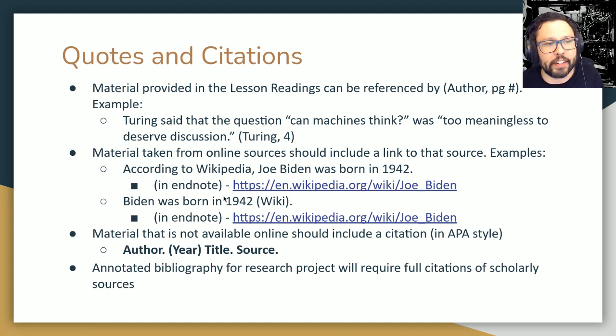So this kind of thing should work for any website or article that you read or find. If necessary, you can give a more elaborate citation in your endnotes, but as long as it's clear the information that you've taken from other sources, that you're giving them proper credit, and you're helping your reader understand where you're getting your information from, that's what's important. If the source that you're using is not an online source, if it's not something that I can click a link to get to a website, then you probably want to give a more complete citation so that your readers know how to find that material.